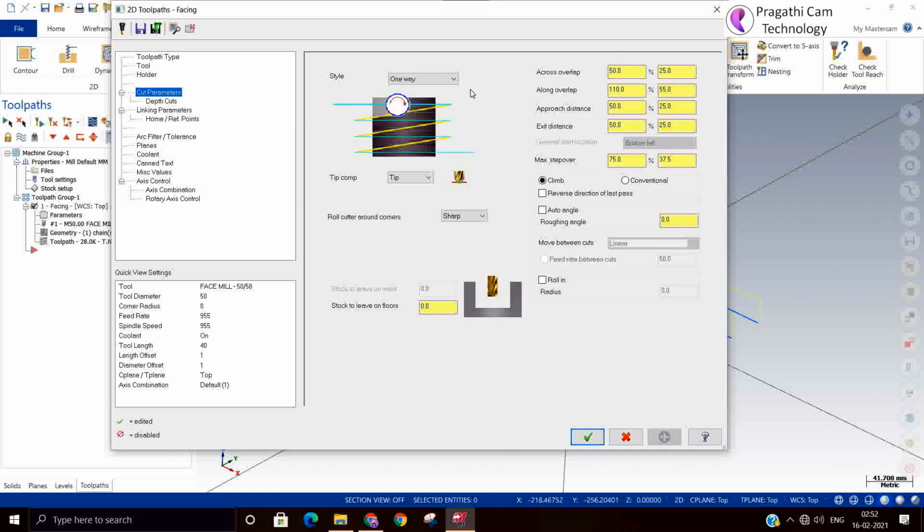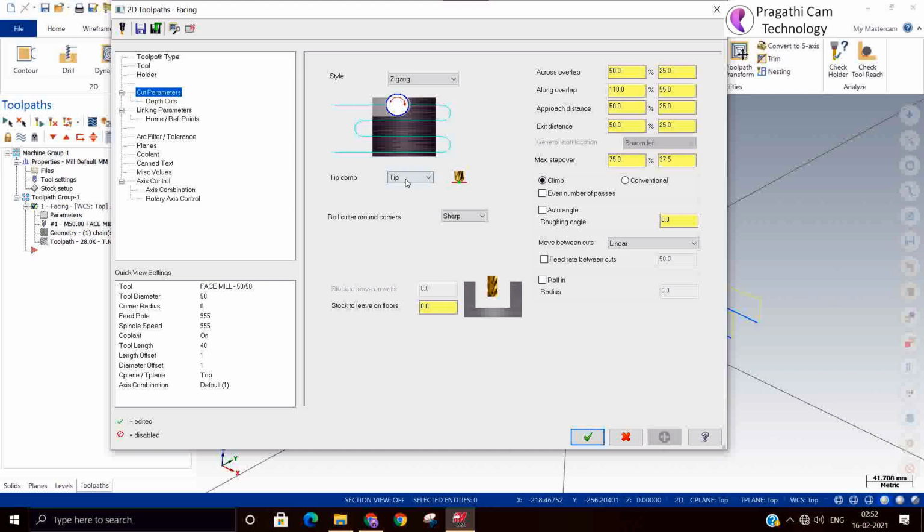Next we will see the zigzag cutting. Zigzag means we are not worried about the cutting lay. We need to cut the material as fast as possible. So the tool will cut in the forward direction and also the reverse direction.